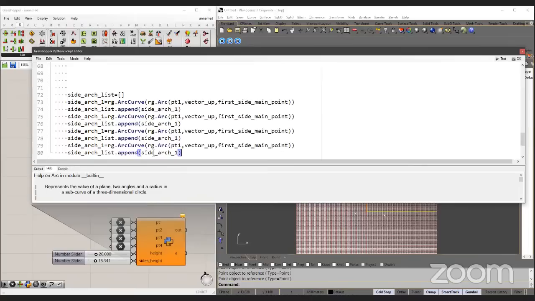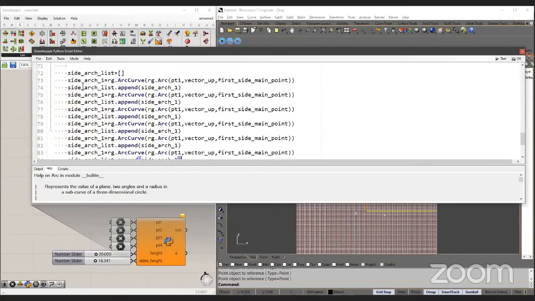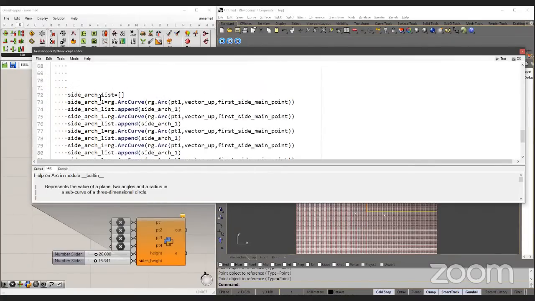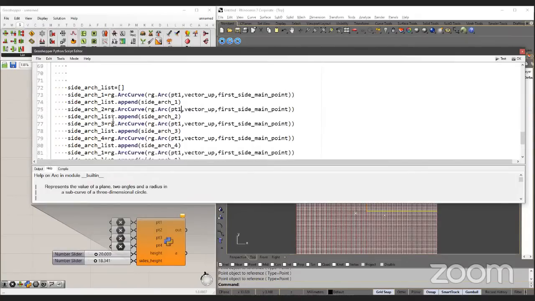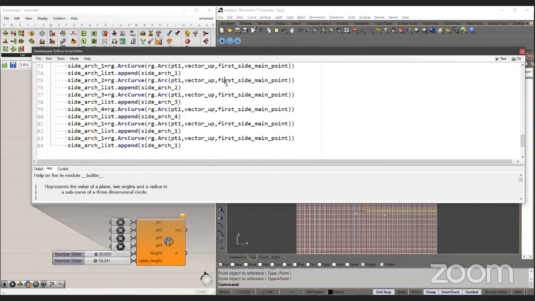Okay, we want 8 of them, not just 4. Let me just rename them so we don't get lost. 3, 4, side arc 4, side arc 3, side arc 2, point 2, point 1. So, you know, it is going to be something like this, because we are going to